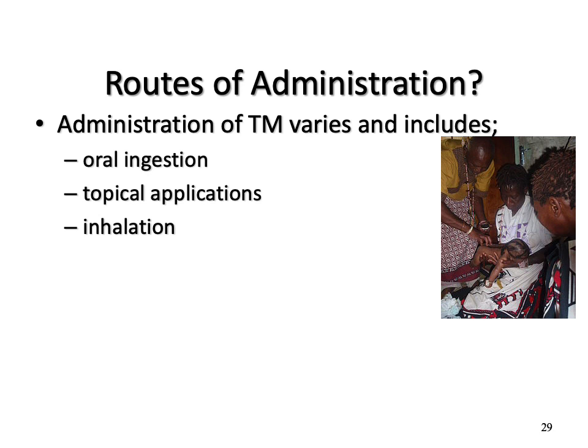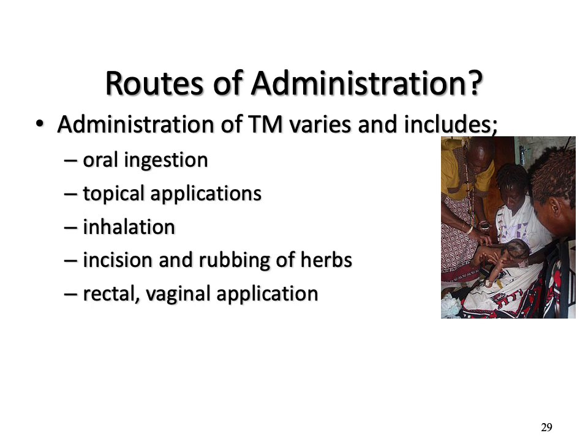It could be inhalation, which is one of the significant methods of use, especially in children, also known as kunatira in Shona, and we used to call it ukutunisela in isiNdebele. And this inhalation route was used a lot during the COVID crisis, where people would burn or boil maybe Lippia javanica, and then put a blanket over and get somebody to just inhale the fumes. And incision and rubbing of herbs I've talked about, but it could also be the rectal route,